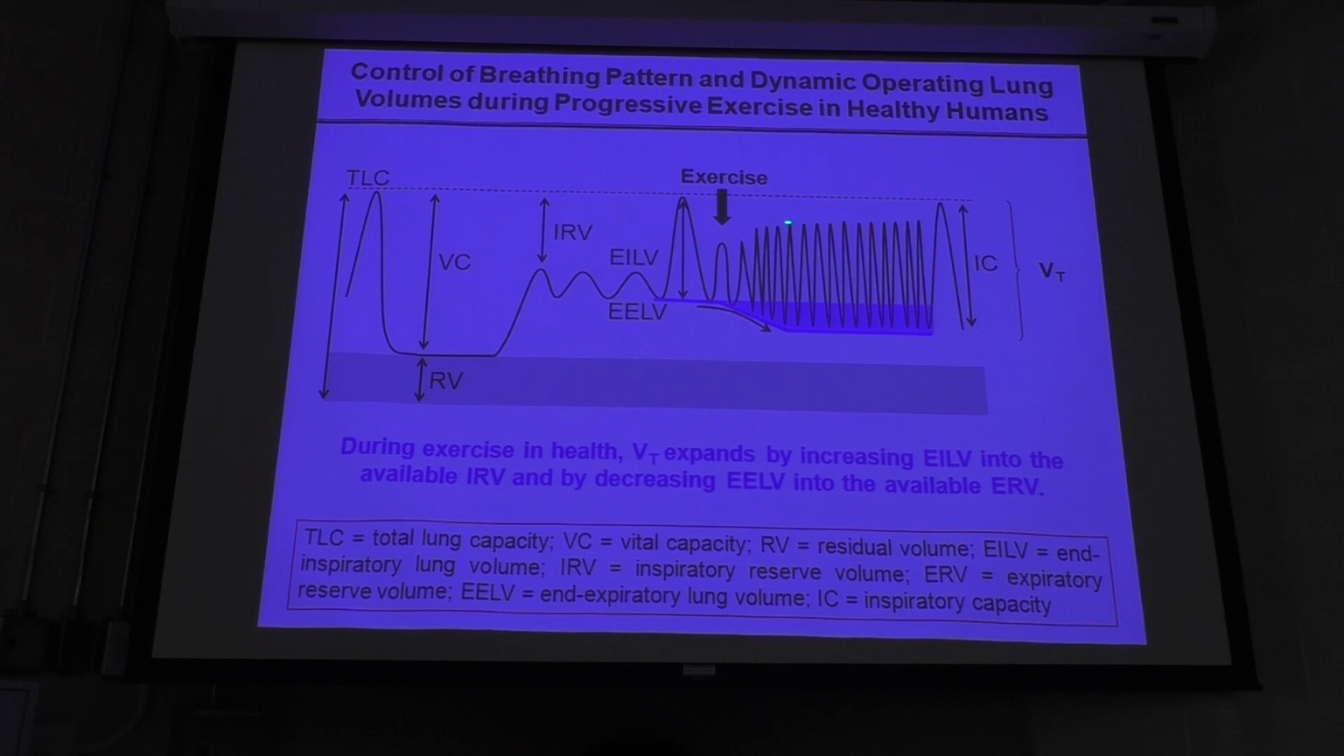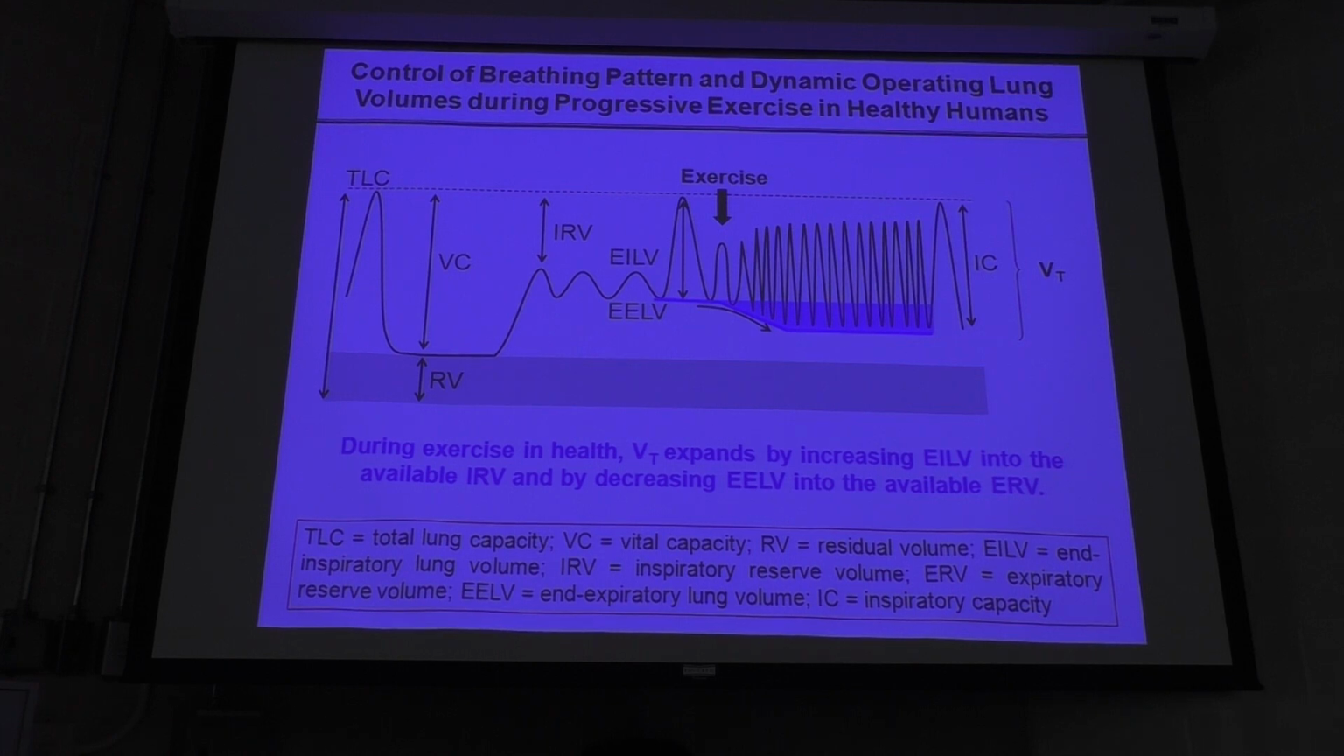Simultaneously, we have an expansion of tidal volume because of an increase in end inspiratory lung volume. So during exercise, in healthy individuals, tidal volume expands by increasing the end inspiratory lung volume into the available inspiratory reserve volume, and by decreasing the end expiratory lung volume into the available expiratory reserve volume. So this is important because this pattern or control of operating lung volumes, as you'll see in the next slide,